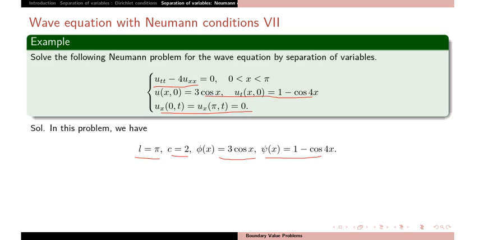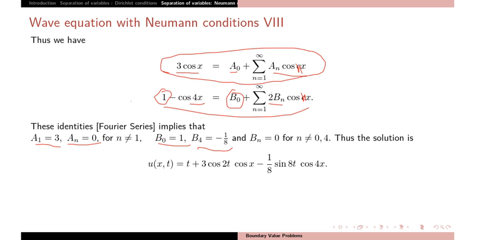Okay, so I am missing something. So 2n will be here. So this is not 2, sorry, this is 2n. 2 times n. Okay, so n equal to 4, this will be 8b4. So 8b4 equal to minus 1, so b4 equal to minus 1 by 8. So replace this 2 with 2n. This is a typo error, 2n. So b4 is minus 1 by 8, and the other bn, b1, b2, b3, b5 all are 0.